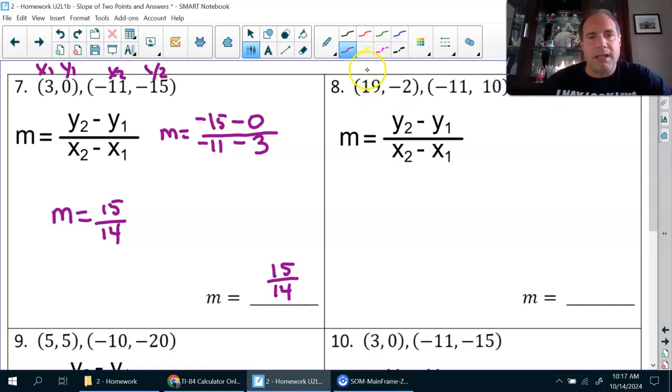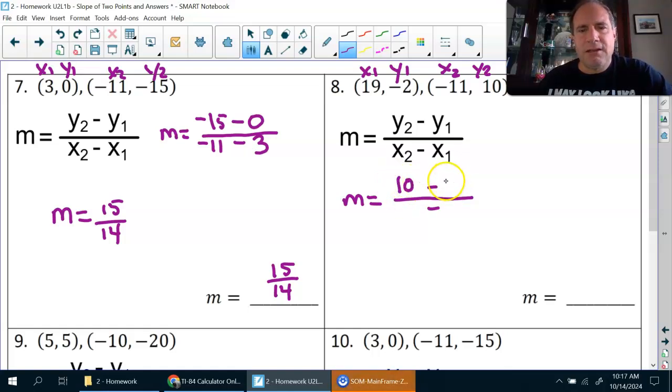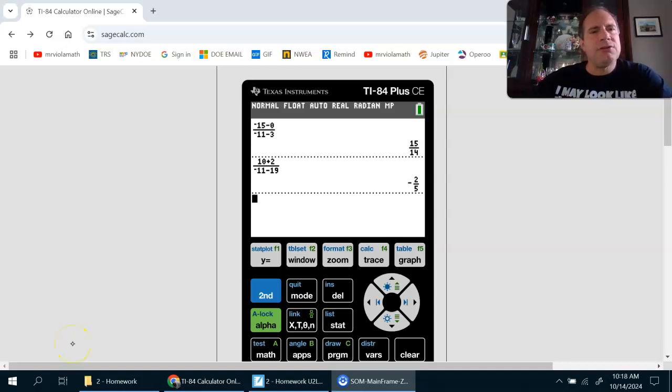All right, so again, we have x1, y1, x2, y2, and we are going to put m equals, and we're going to just put these minus signs in so we don't make any mistakes. The y2 is 10. The y1 is -2. You see that double negative? Make it a plus. X2 is -11 minus the 19. Grab your calculator, put this directly in, let the calculator do the work for you. And after you put 10 plus 2 on the top, you press alpha x. The alpha is right here, the x is right here, and you get